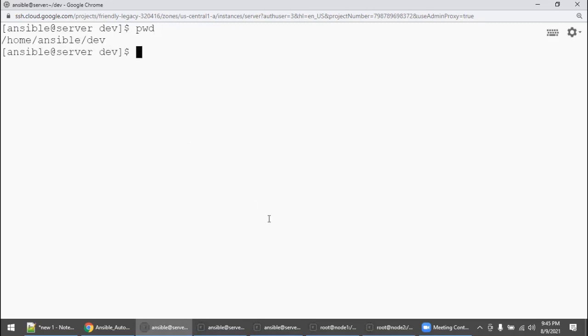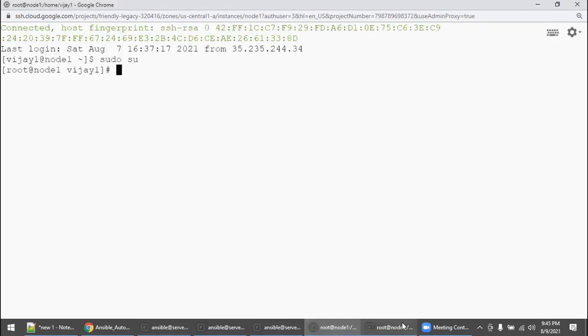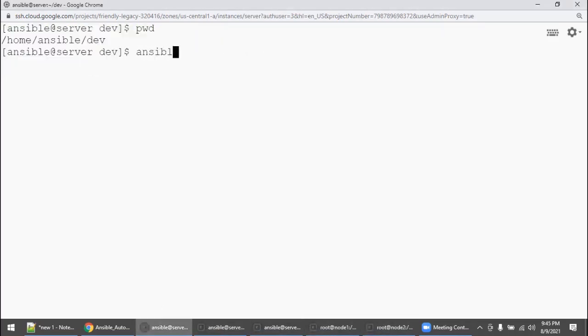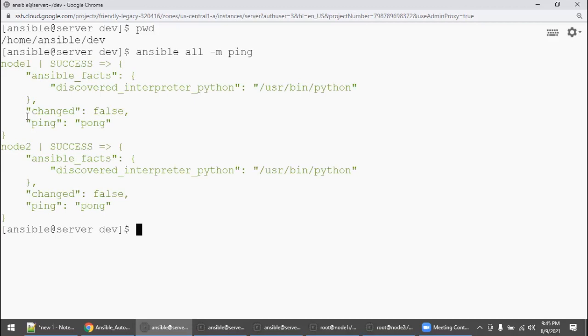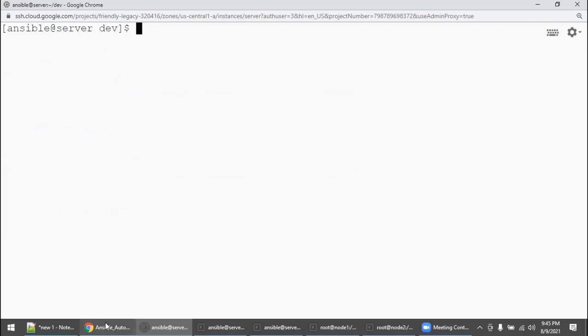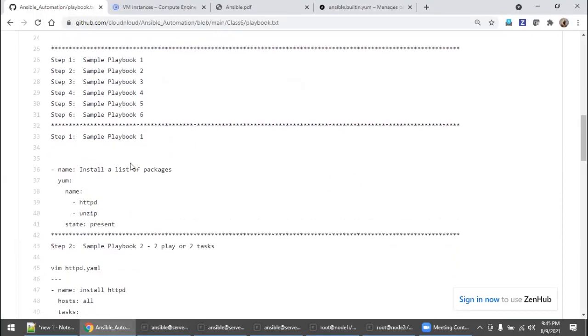Node 1 and node 2, I logged in as root. From the Ansible machine, if I say ansible all -m ping, I should get the green color ping pong, which means my lab is good to proceed with my playbooks. Come down to the sample playbook. As per this playbook, we are trying to install httpd and the unzip package, so basically two packages.